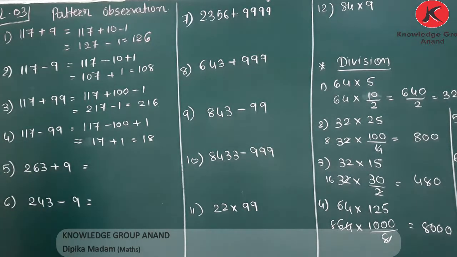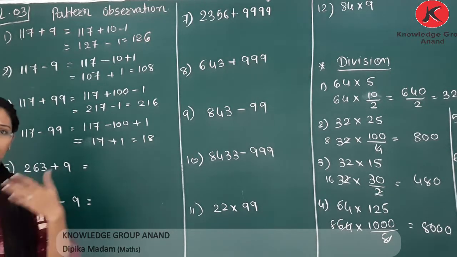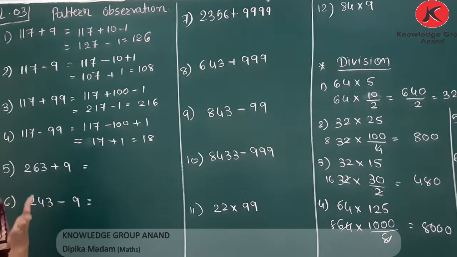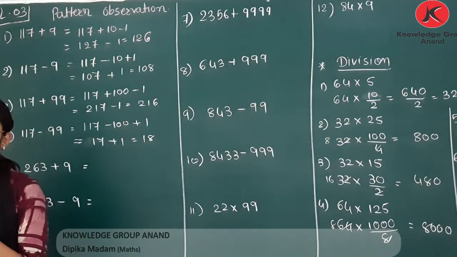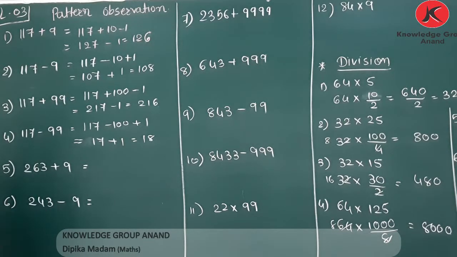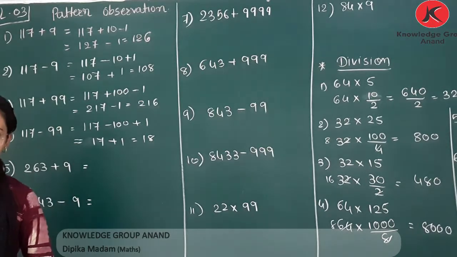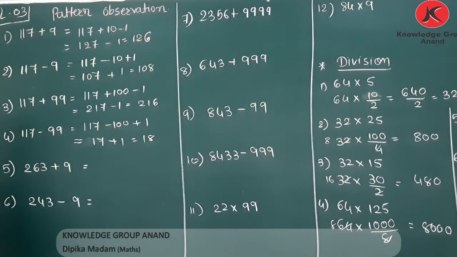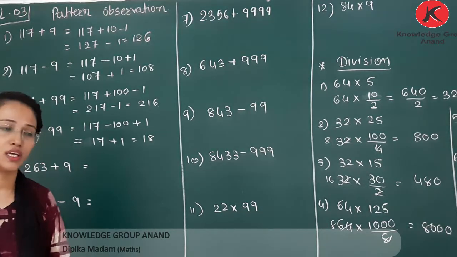Again, which number can be represented as a square, and below that you have 4 options: 2, 6, 9 and 20. So which number can be represented as a square? 9. So you have to select the option 9. Okay, now the next topic is pattern observation in numbers: addition, subtraction, multiplication and division.